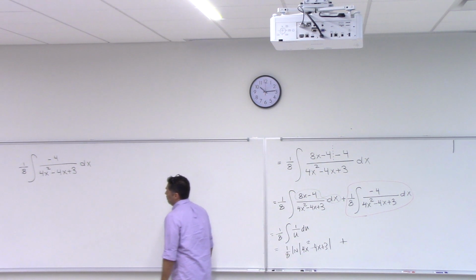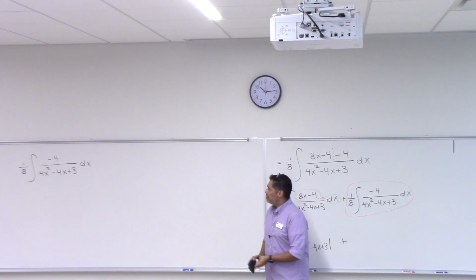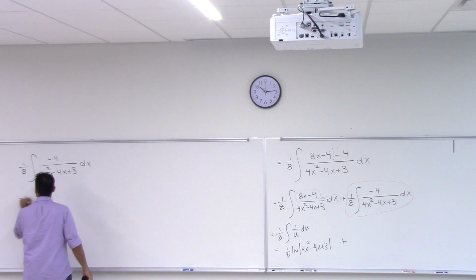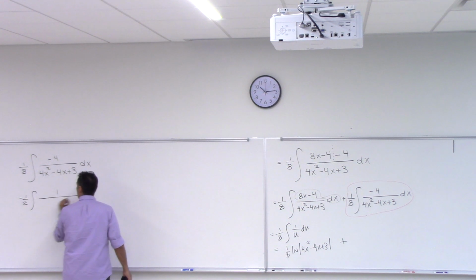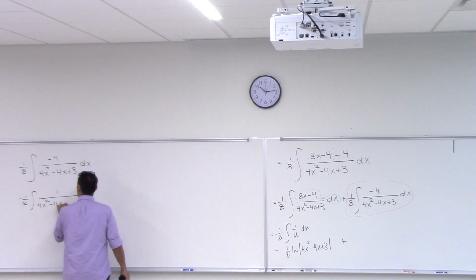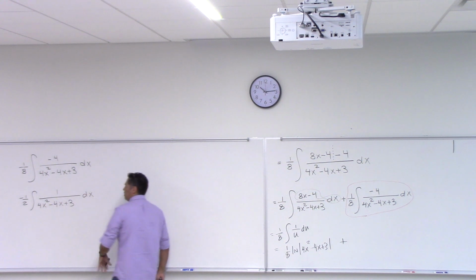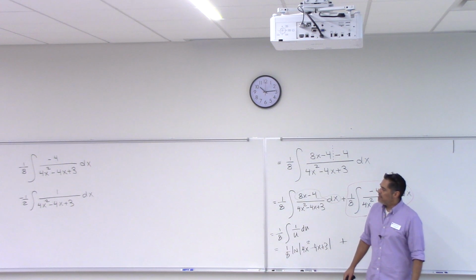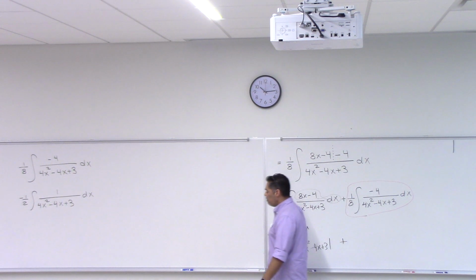All right. So to handle this, how about we do this? How about we first make this -1/2 integral 1 over. Let's just pull that -4 out. That step's not necessary, but why not? -4 comes out, reduces, right? And now